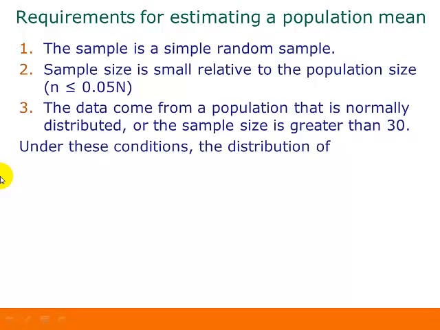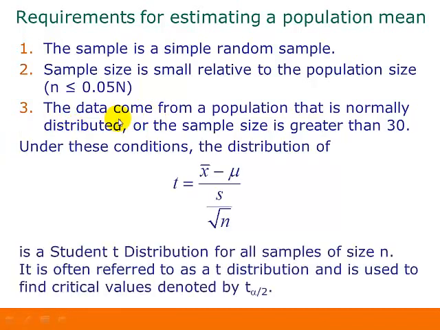Third, the data come from a population that is normally distributed, or the sample size is greater than 30. So it has to be one or the other of these two requirements. Either the population was normally distributed in the first place, or if not, or if we don't know about the distribution of the population, then the sample size needs to be greater than 30. Under these conditions, the distribution of this value